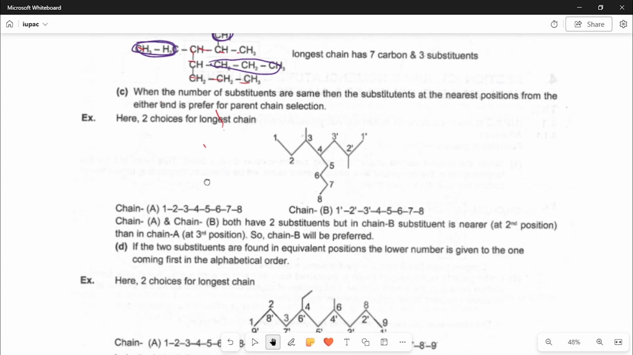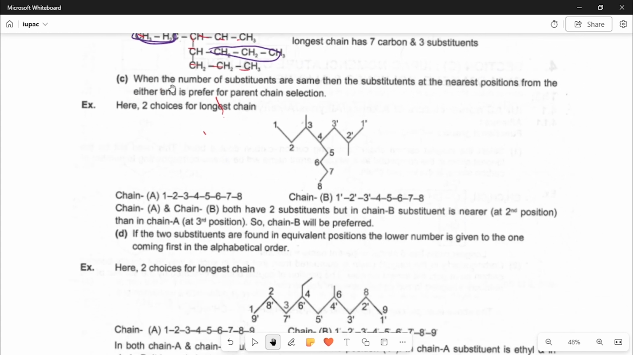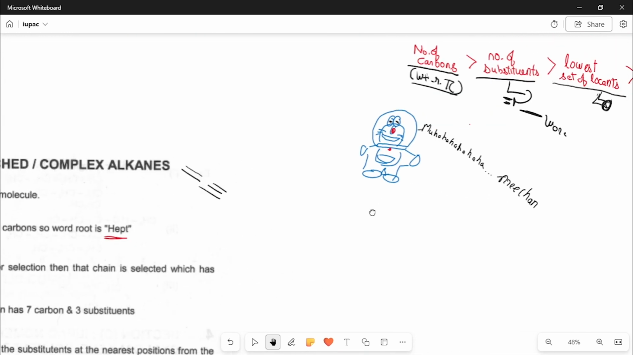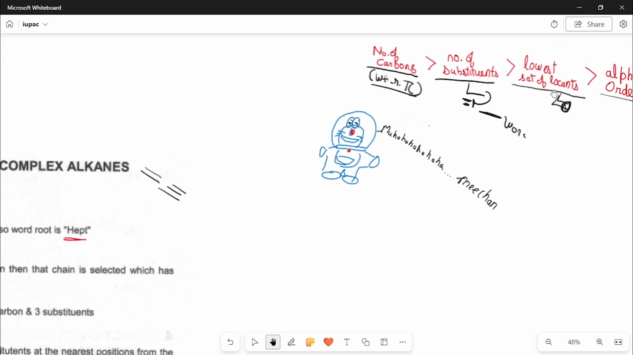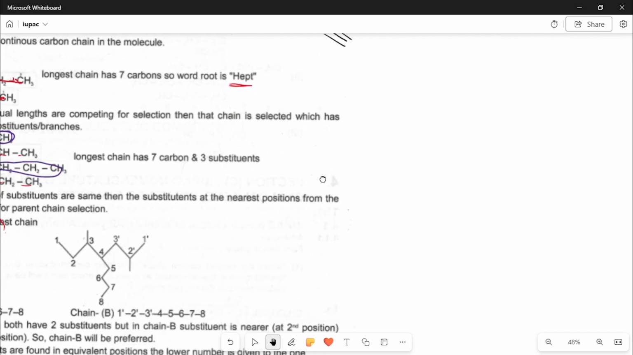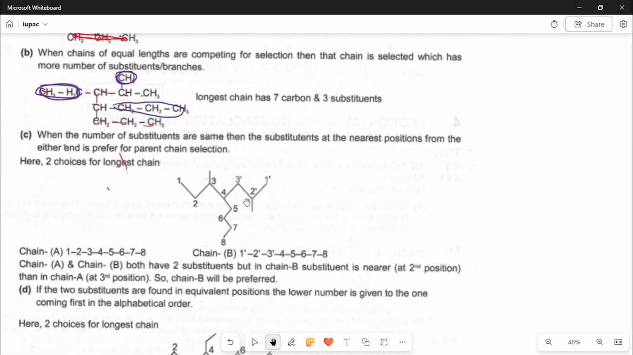So what does the third rule suggest? When the number of substituents is the same, then the chain with the substituent at the nearest position to either end is preferred for the parent chain selection. This is the locants rule I was talking about. Locants means location. We need the lowest number for the location on which the substituent is present. For example,